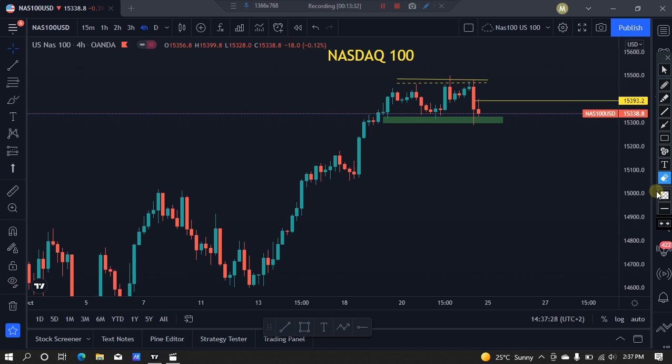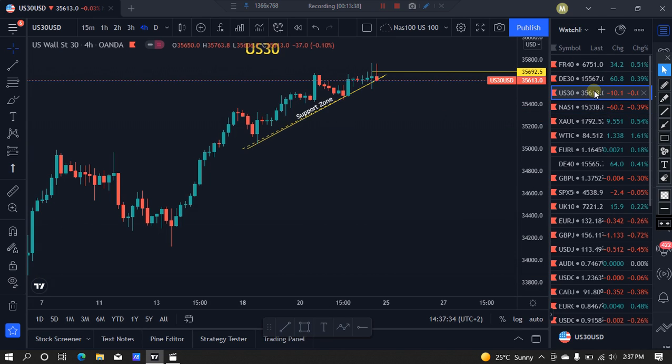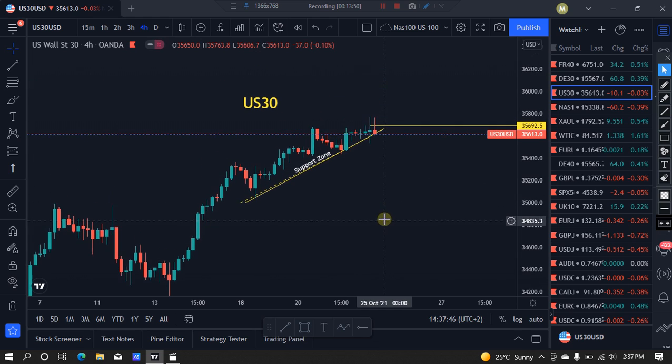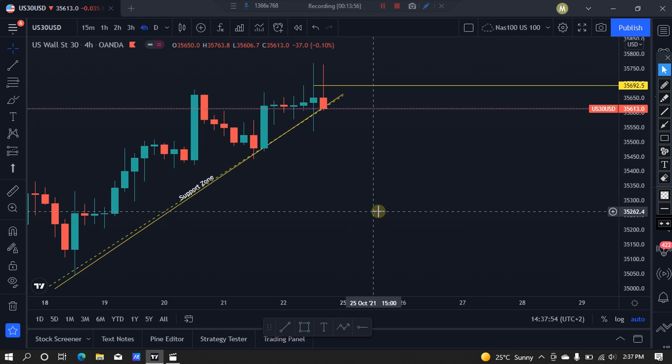You see. So let's go to the next one, which is US30. So on US30, it's similar. The market is moving really the same here because the market was just pushing up. Once the market is pushing up, you can see that